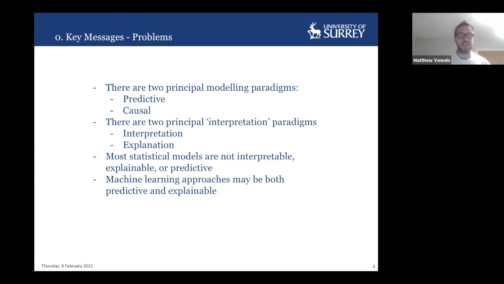So it's very important. I think as scientists, we're all interested in causality, but it's really challenging, and I'll come on to some of those challenges and the pitfalls associated with doing causal modeling as we go through.